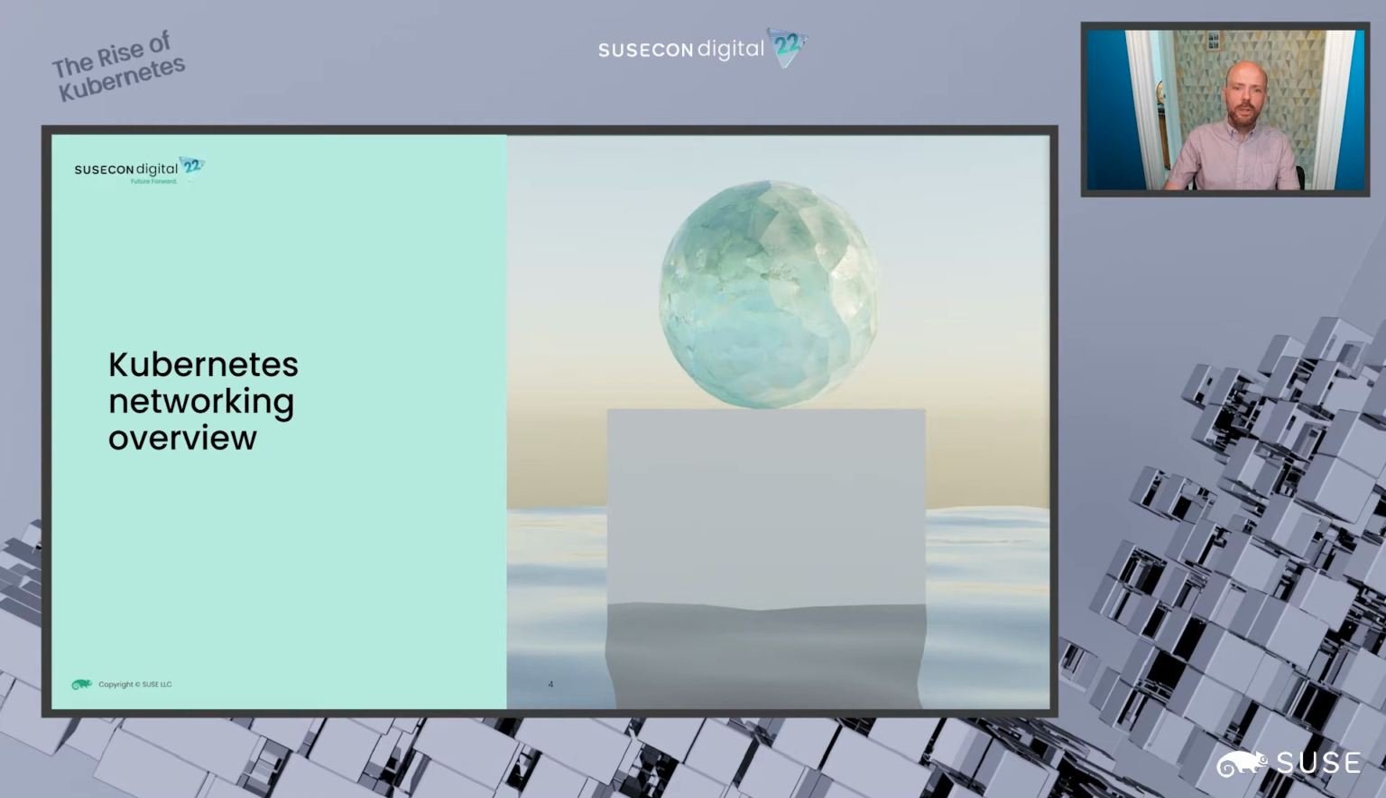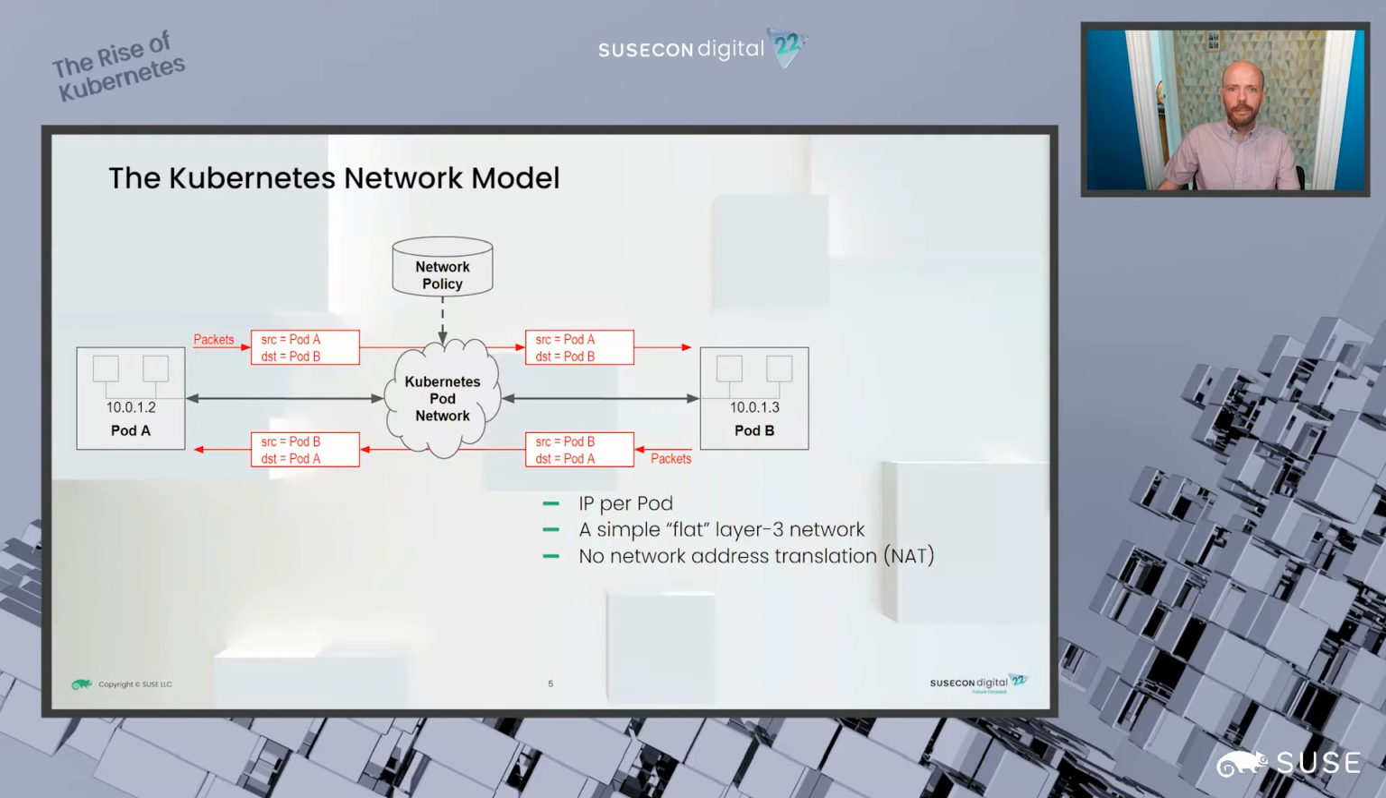So let's get into a Kubernetes networking overview. The Kubernetes project defines something called the Kubernetes network model. This diagram will help us to understand it. The Kubernetes network model defines a set of rules for what network forwarding needs to look like in a compliant